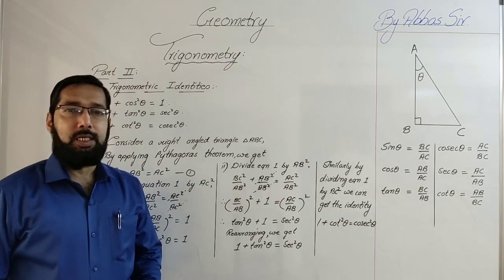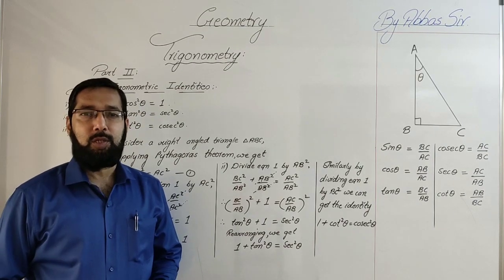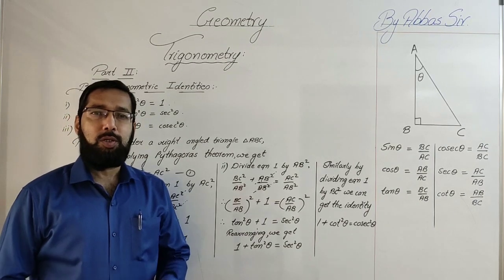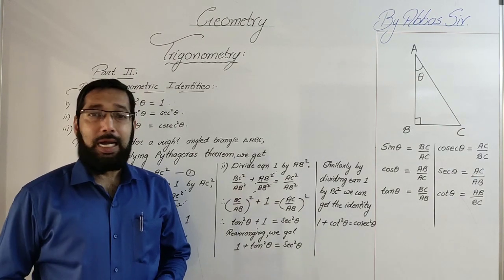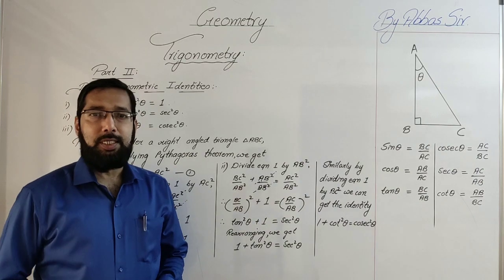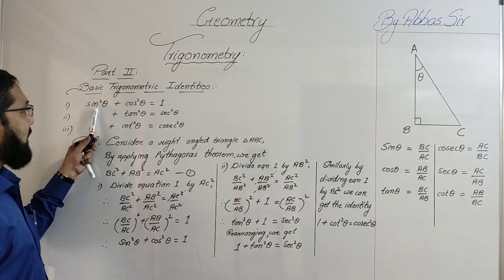Friends, let us continue with our trigonometry. We are in the second part of our discussion of trigonometry, where we are going to learn some important basic trigonometric identities. The three identities which are very important in trigonometry are: the first one is sin square theta plus